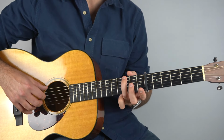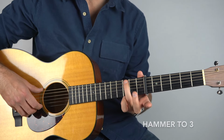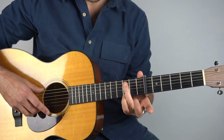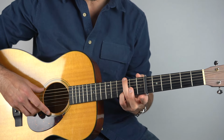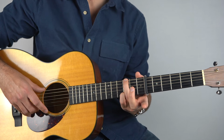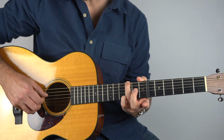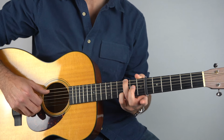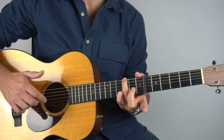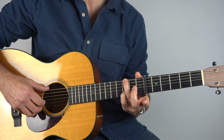Okay, so let's break that down. So it's staying on that G chord. We've played open hammer to 2 on the 2nd string, and then what you're going to do is play the 3rd fret on the 2nd string and the bass note on the 6th string together, and pull that 3rd fret on the 2nd string off to open, then play strings 4, 3, and then 6, 1st string which will be open, and then 3rd fret on the 2nd string again. So like,